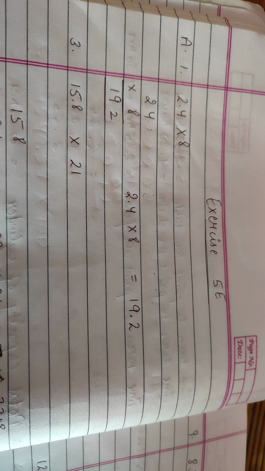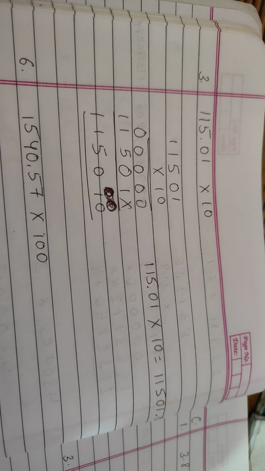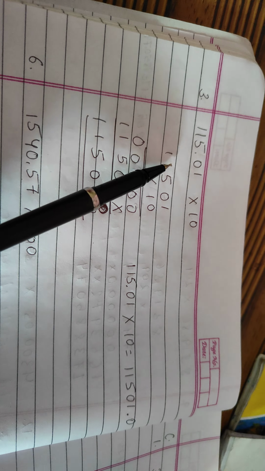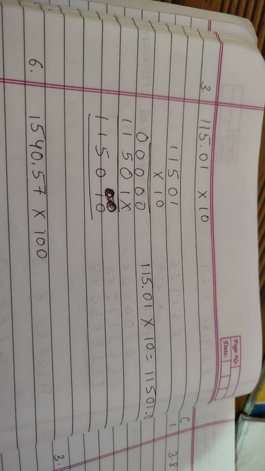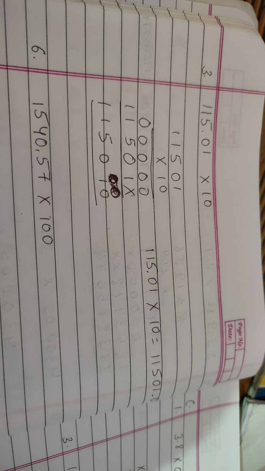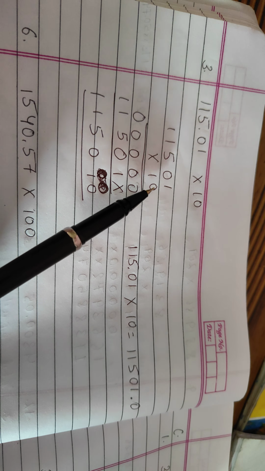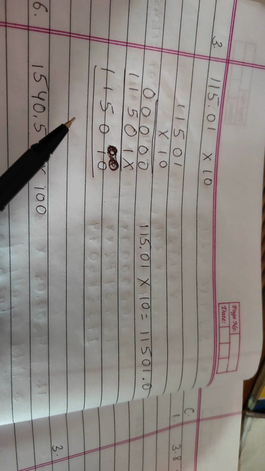and that is how we multiply a decimal with a whole number. Now students, in the next question, part B, we have to multiply a decimal by 10, by 100, by 1000 and so on. So students, this is how we will do it. We will just simply multiply it by 10 the way we have done in the previous question. And the answer that you are getting is